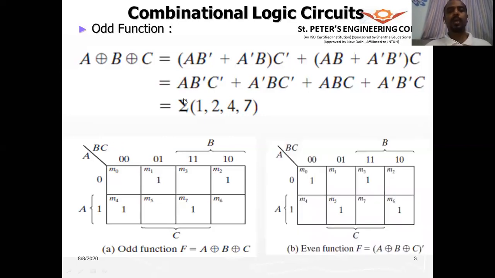Now if you take a complement of this, as you know, when we take a complement of XOR operation, we get XNOR operation. So we take all the zeros. In the previous Karnaugh map, M0, M3, M5, and M6 were zeros. So in the new Karnaugh map, when we take the complement of A XOR B XOR C, the whole complement, we get M0, M3, M5, and M6 all to be ones.